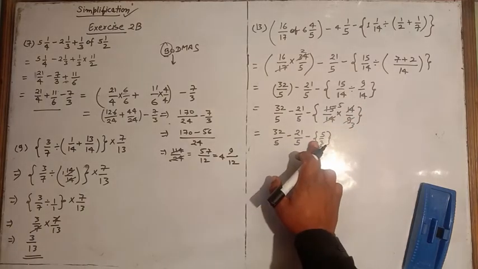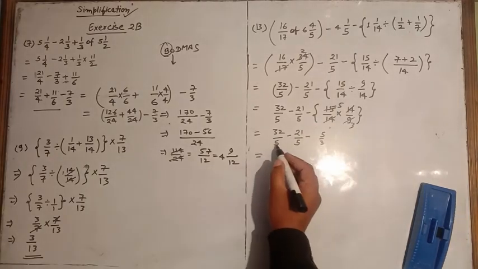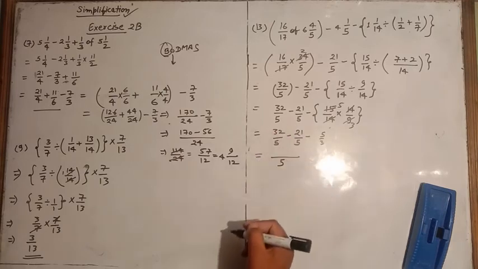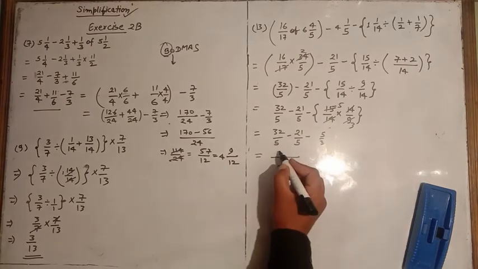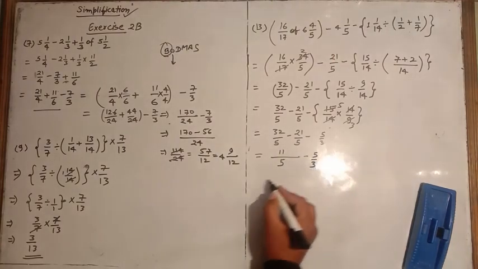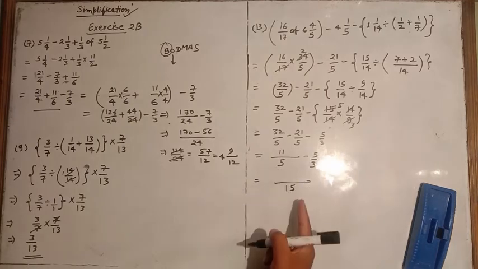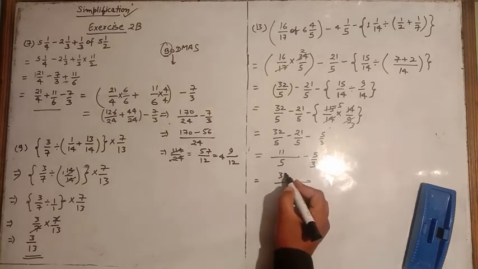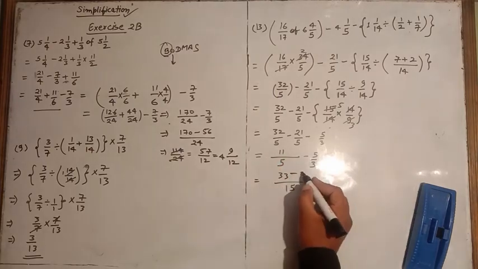So after the minus times minus, it will become plus here. See here you can see the denominator is the same, like fractions, 5 we can write. Now 32 minus 21 it will be equal to 11, minus 5 by 3 as it is we will write. Now LCM of 5 and 3 it will be equal to 15. Then 5 ones are 5, 5 twos are 10, 5 threes are 15, means here we will do 33, 11 threes are 33, minus 3 fives are 15, 5 fives are 25 we will do.